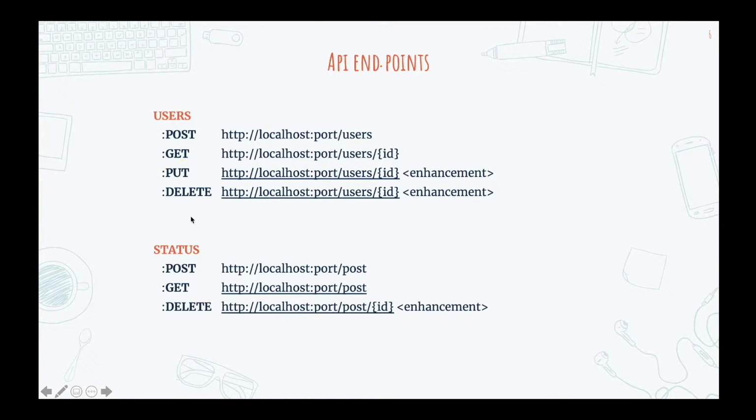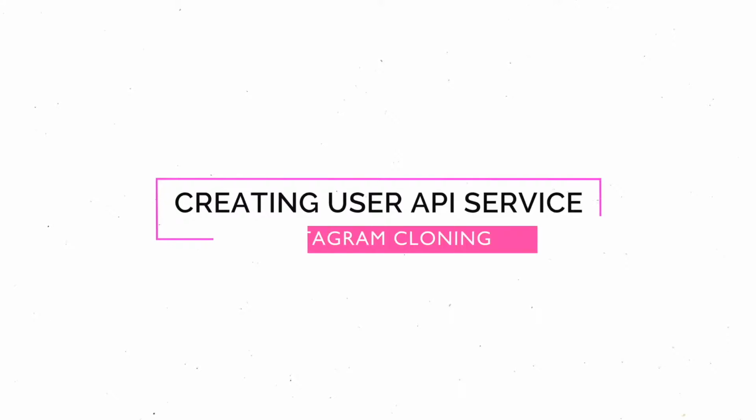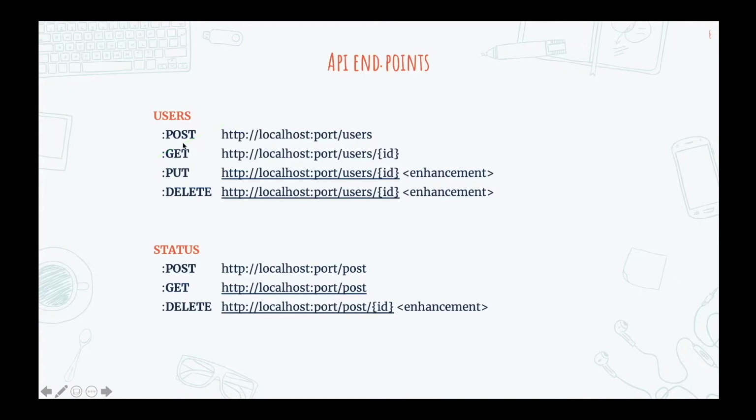And if you want to implement functionality such that the user can delete their existing profile, then you have to provide an endpoint like delete. So let's start with the creation of these two primary endpoints, that is the post and the get. The post means that we can submit data into our database, and get means that we can retrieve the value for that corresponding user. So let's start with the implementation.